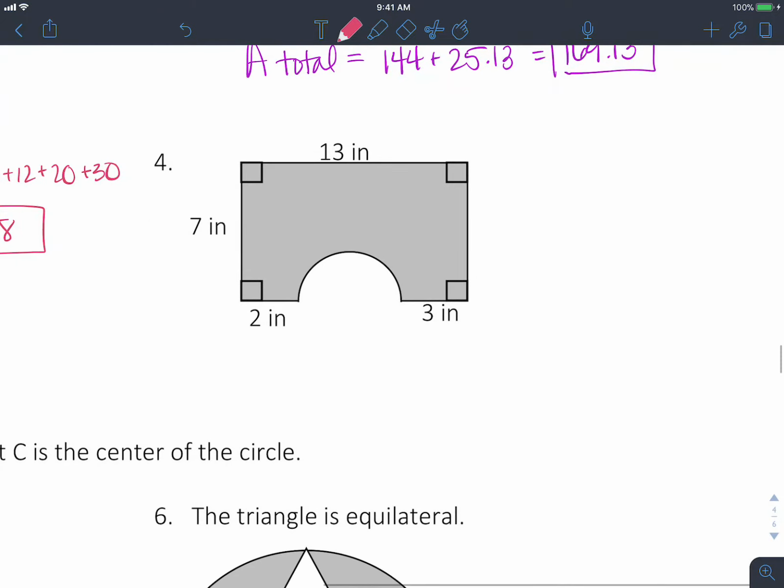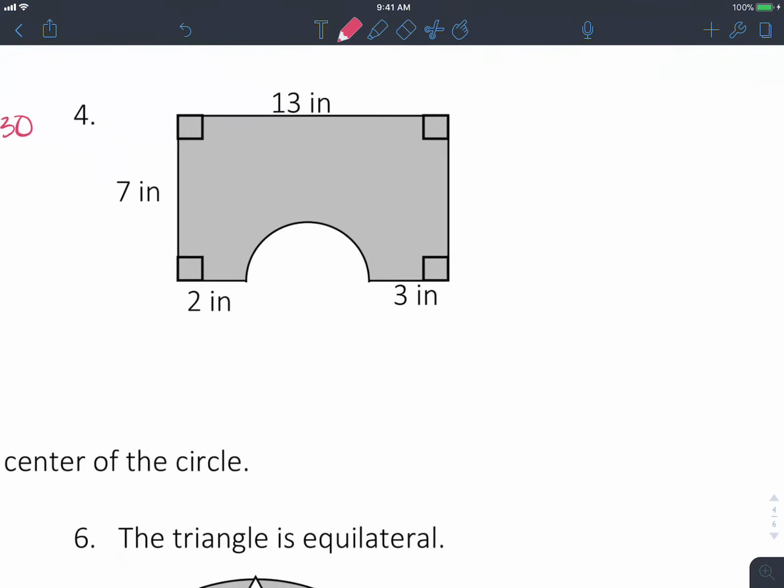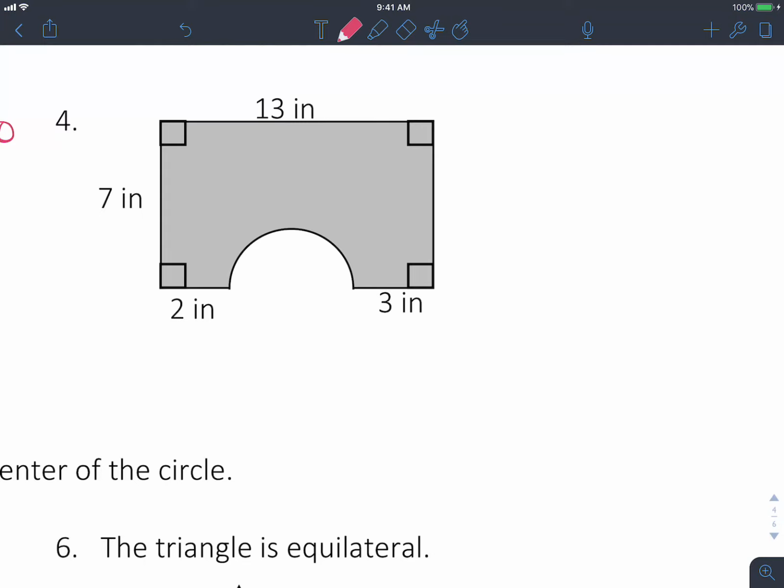Alright, number 4. So it looks like we have a rectangle and then a semicircle taken out of that rectangle. So first I'm just going to do the area of the rectangle. So we're going to have base times height, so 13 times 7, which gives us an area of 91. Then we're going to have the area of the semicircle. So we're going to have